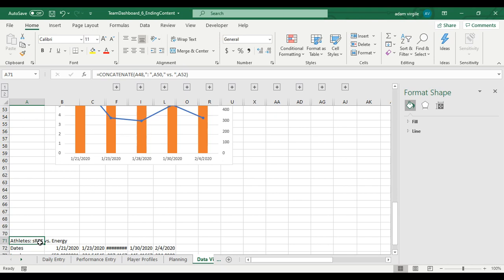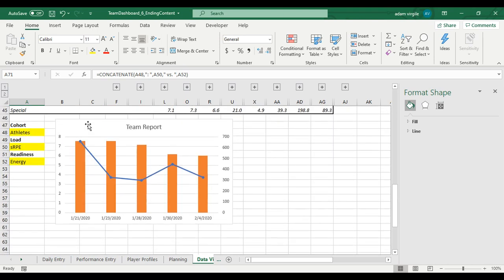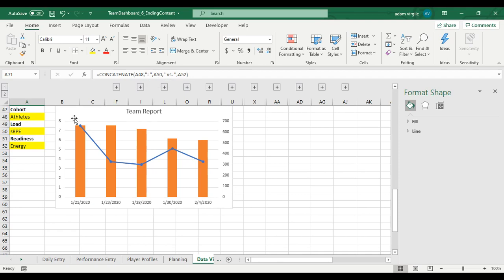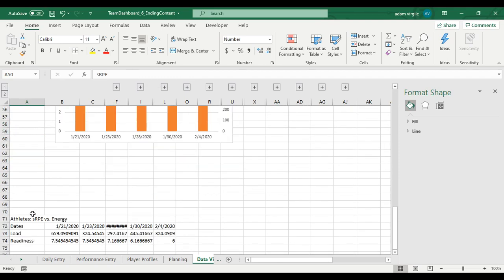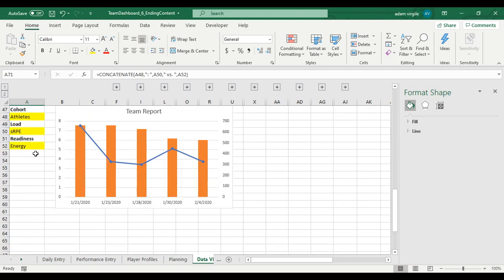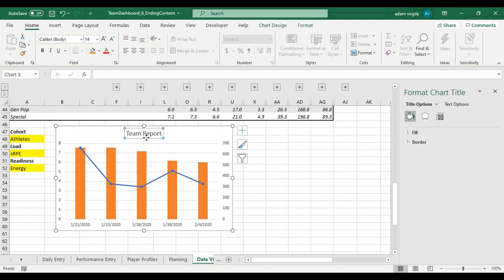It's going to display whatever's in A48 with a colon and a space, then whatever's in A50, then a space, "VS." and a space, and then whatever's in A52. Now what I can tell Excel to do is, if I click again on the outline of this chart title,